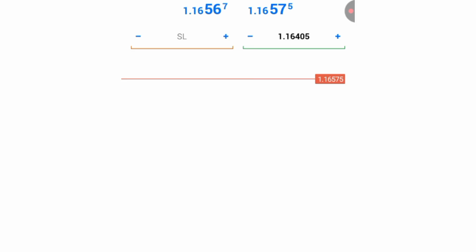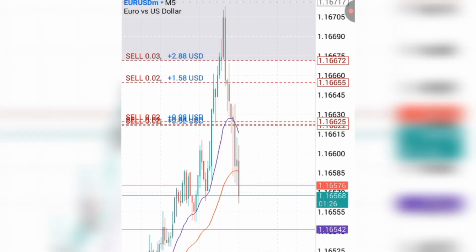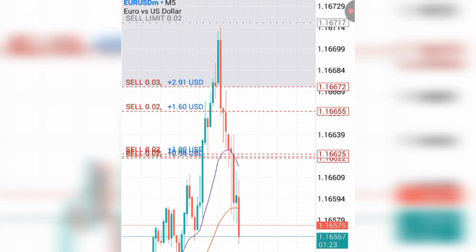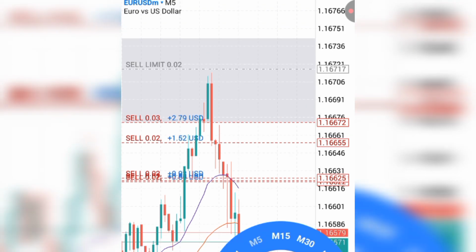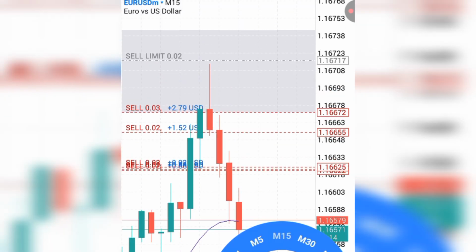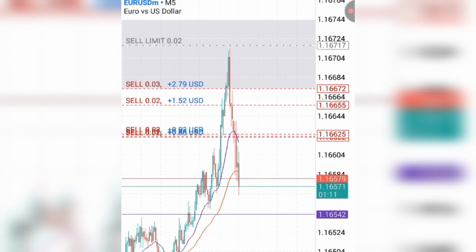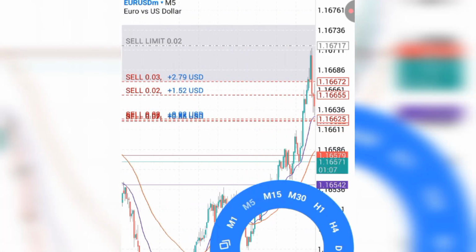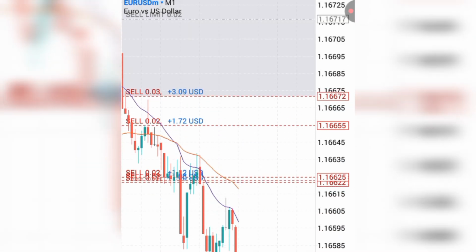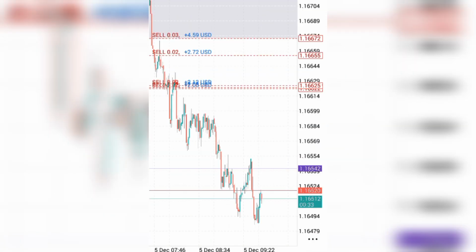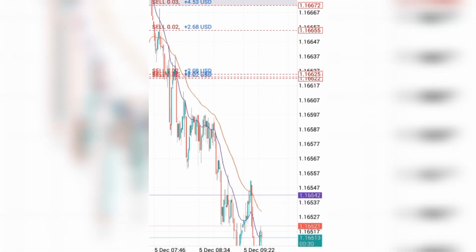Okay, so now this is a very good strategy that you can use to grow your small account. $10, $15, $50. You can use any amount that you have to grow your account, right? So with this strategy, you can even add it with these moving averages, right? You can see now it has started moving below our moving average on a smaller time frame, which is good. As you can see here, the market has moved successfully and it is about to hit our TP